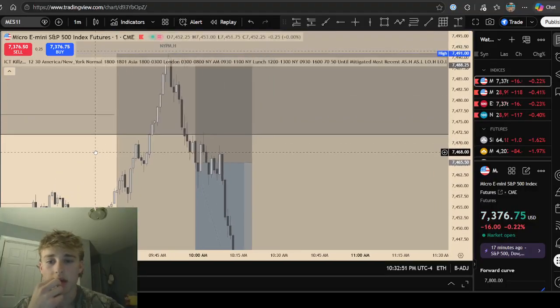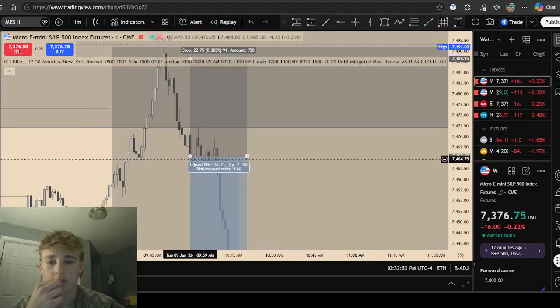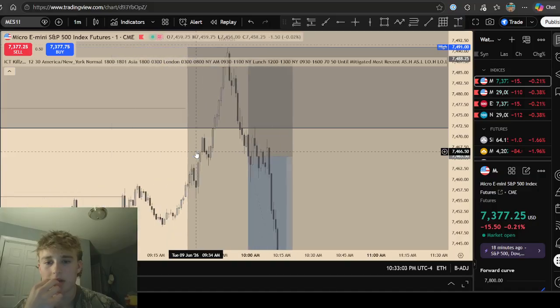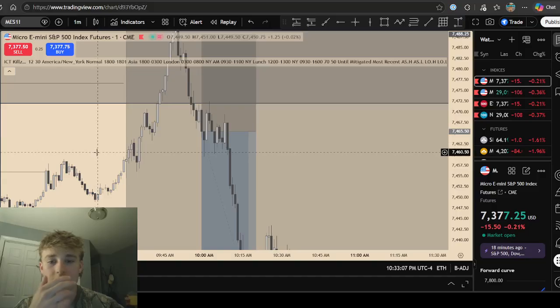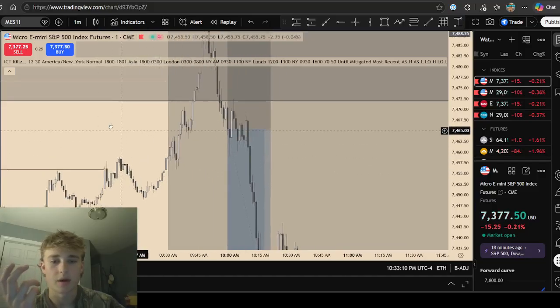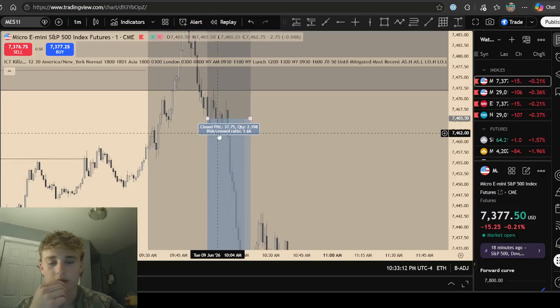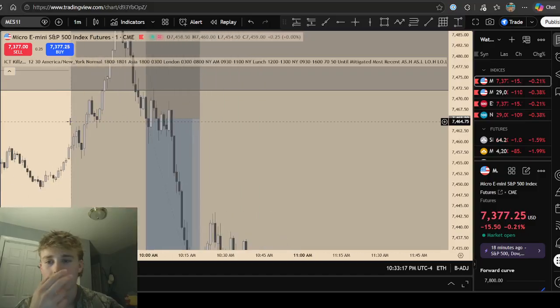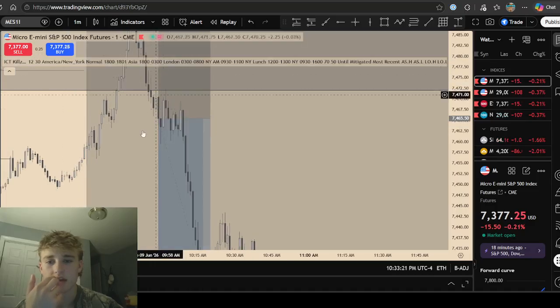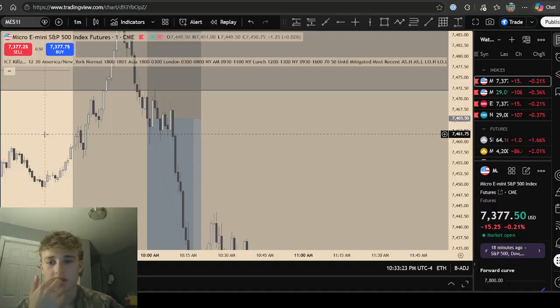But anyways, I set automatic ones, and when I entered, they were about here and here, so price automatically moved into it and stopped me out, and I lost profits. I went negative $80, I think. And then I re-entered, and then I finally figured it out. But price had moved all the way down to about here or something, and I ended up cashing out at like positive 20. So overall, I ended the day with like negative 60, negative 65 or something because of that loss, and also